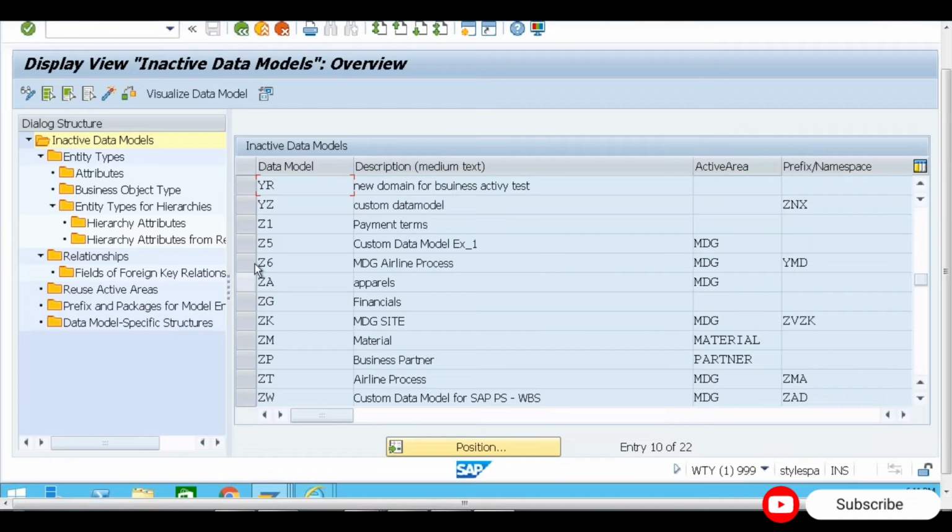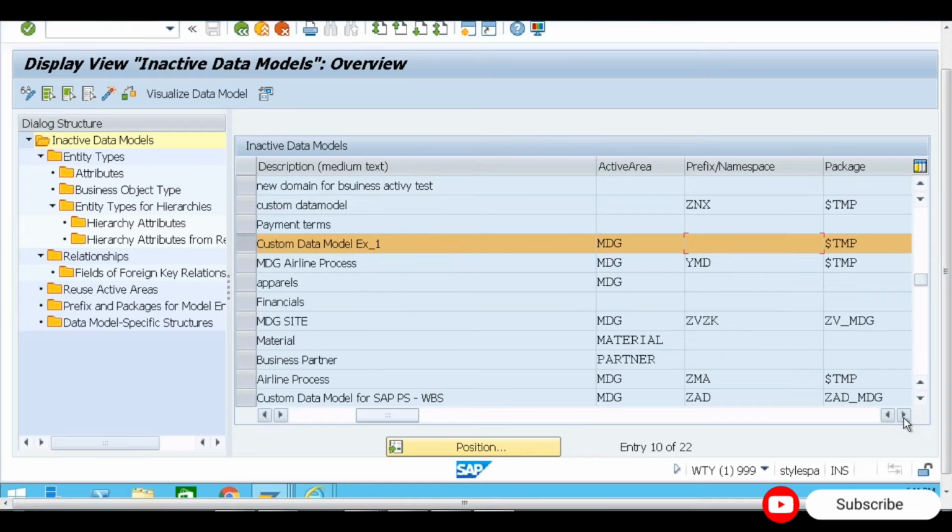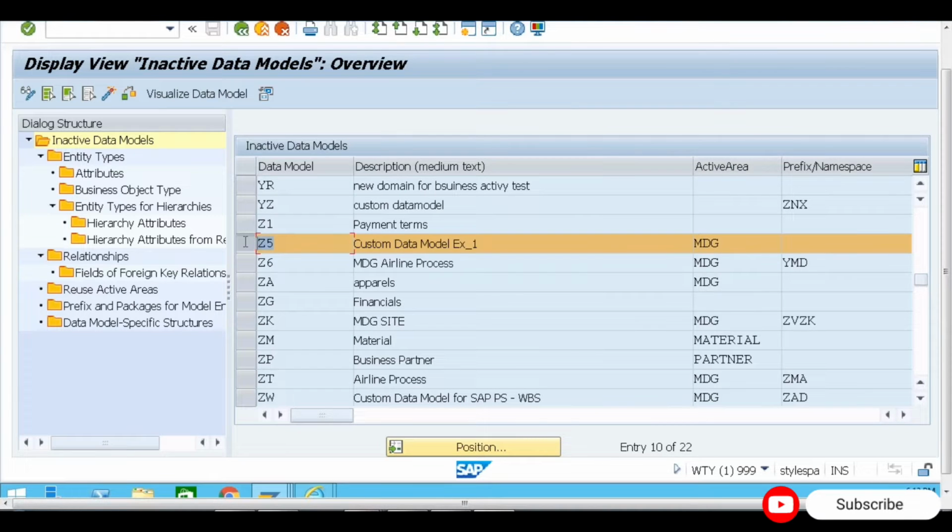And he had given a prefix or namespace for this particular data model, something called CMD or something. You have to remember this is a custom data model, so you have your namespace or the prefix, because this is something that is used when you create the respective prefix structures. So you always have to give the custom name rather than the standard. So what I did,